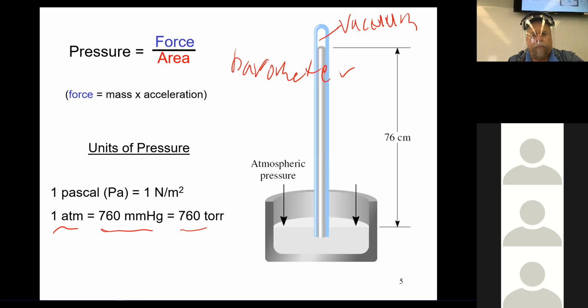What does ATM mean? Atmospheres. Okay, and then what does the N and the Pascal mean? Newtons per square meter. And that's discussed in General Physics 1. Newtons and force and such like that. That's part of why, believe it or not, you have to take physics if you're a biology or chemistry major. Okay.